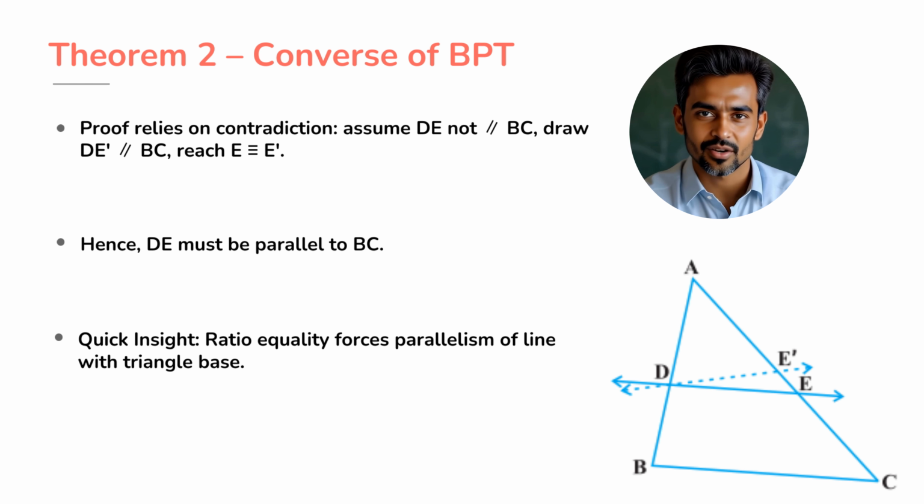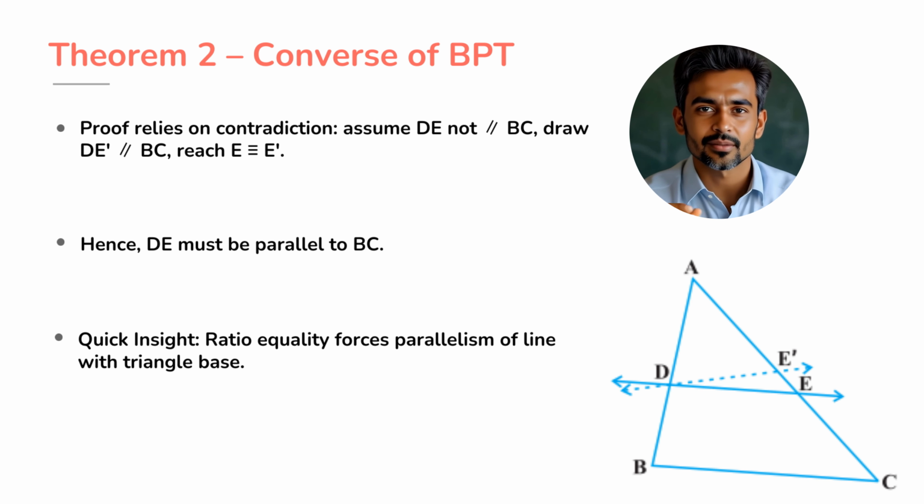But wait, our assumption already gave us AD divided by DB equals AE divided by EC. For both ratios to be true, point E must actually coincide with point E dash. That means line DE and line DE dash are the same line. Therefore, DE must indeed be parallel to side BC. So, the conclusion is clear. A line that divides two sides of a triangle proportionally cannot just float anywhere, it is forced to be parallel